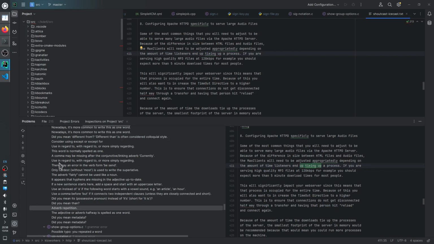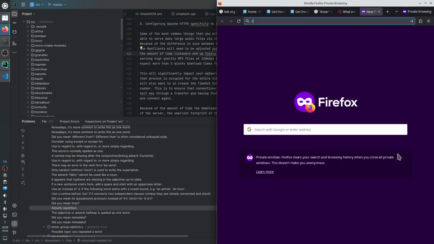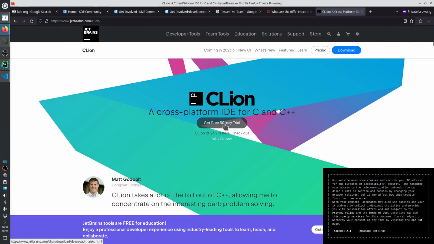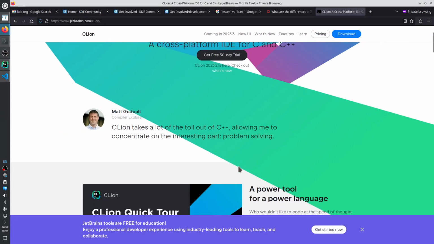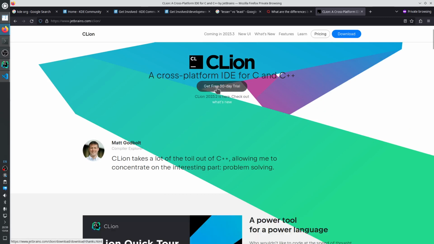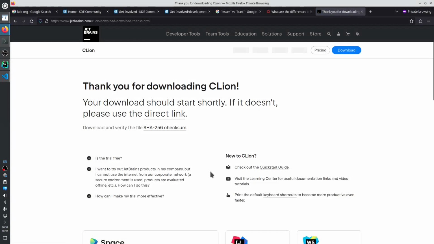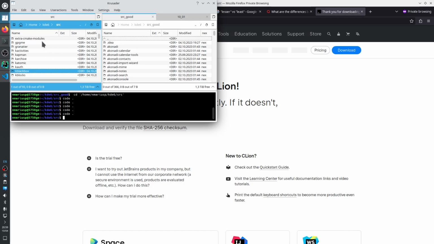Okay. So this was it. I've installed CLion straight from the website. The only option is to get a free 30-day trial because there's no community edition. So you go there, you download, and then in order to install it, you just unarchive the tar gzip file, and I usually put them in .opt